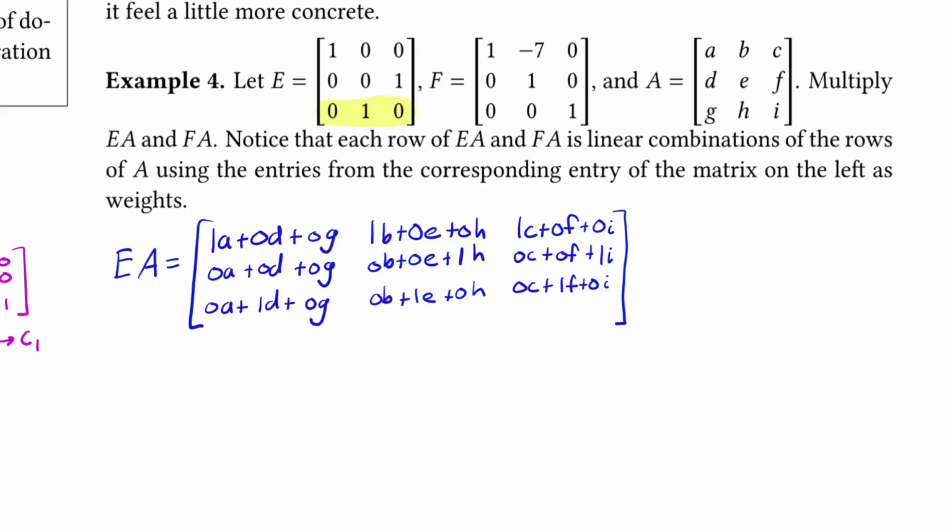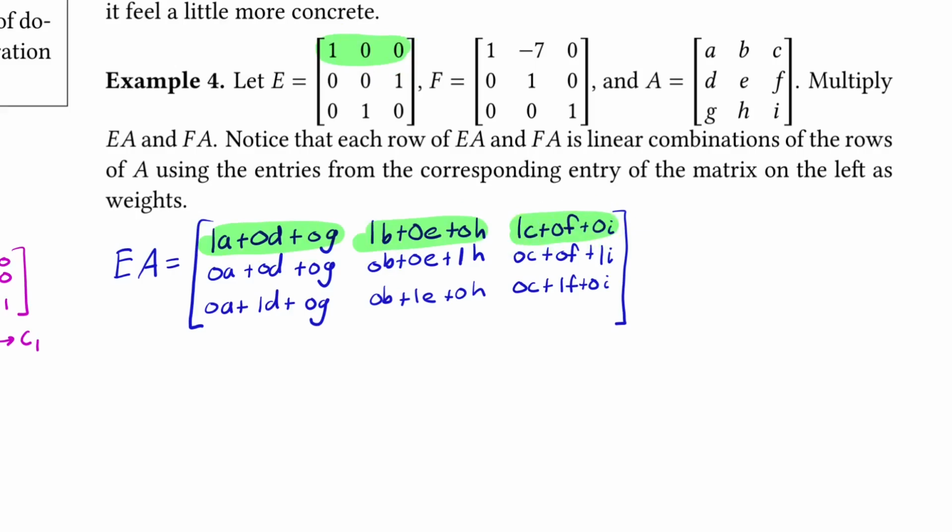And at this point, before we actually work it out, like simplify it, because I know we could simplify this right now, what I want to point out is that what this says, each row of EA is a linear combination of the rows of A using the entries from the corresponding matrix on the left as weights. So what do we mean by that? This